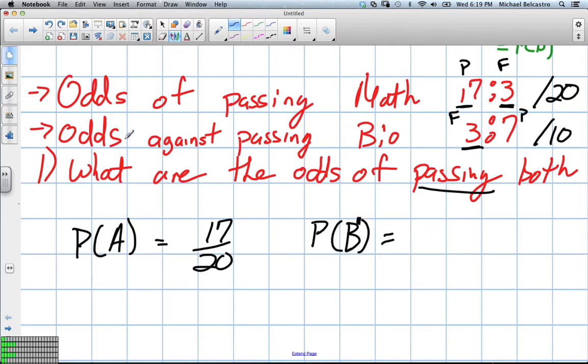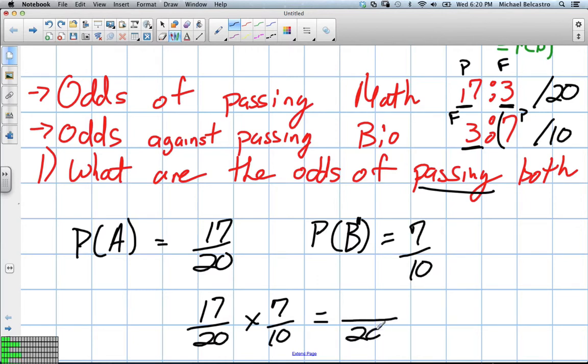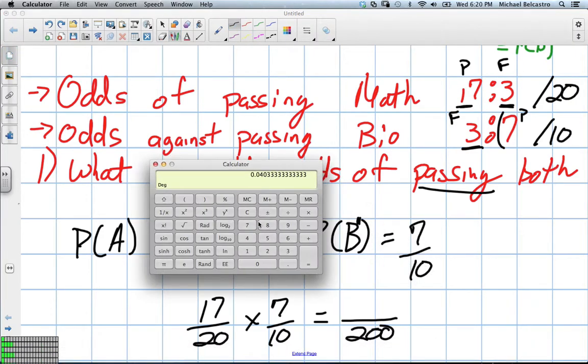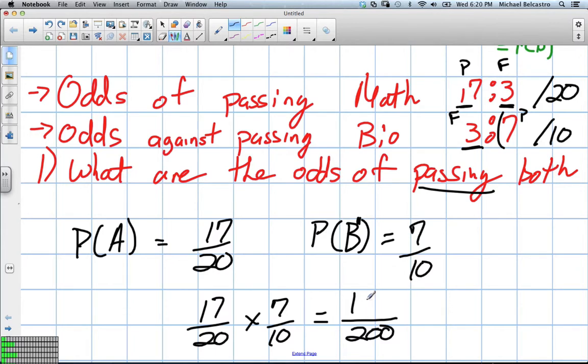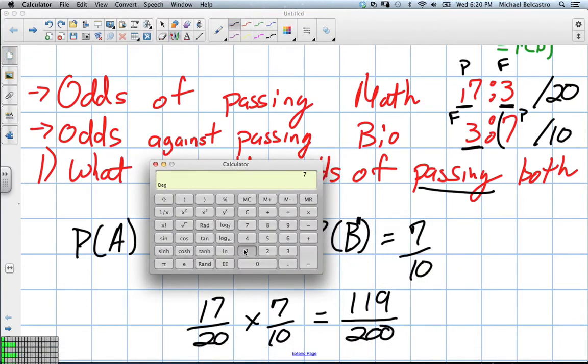So, in other words, not odds against, but the odds of passing. Well, the odds of passing are 7 out of 10. So we have a 7 out of 10 chance of passing this. So we're going to multiply these two values together. It looks like we have out of 200, 119. What is it? 119? So 119 in 200 chance of passing, which is approximately